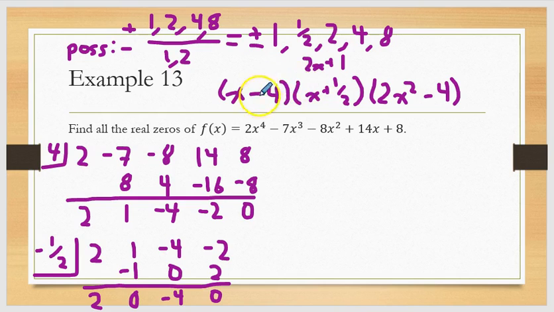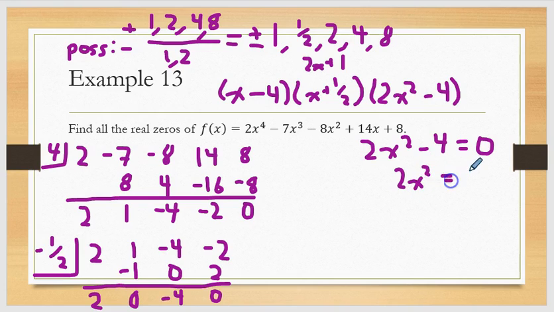So after finding the first 2 solutions from synthetic division, now I have a polynomial where the biggest exponent is an x squared. So now we can solve this normally. Sometimes it's factorable, sometimes it's solvable. In this case, I can actually just write 2x squared minus 4 equals 0, and then finish solving it from there. So luckily, this particular example did not require the quadratic formula again. I'm just going to be doing opposite operations. So if I add 4 to the opposite side, divide by 2, and then don't forget,